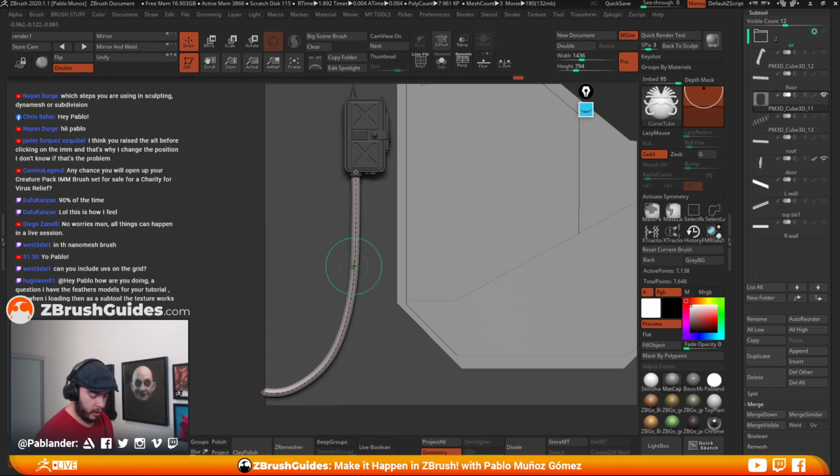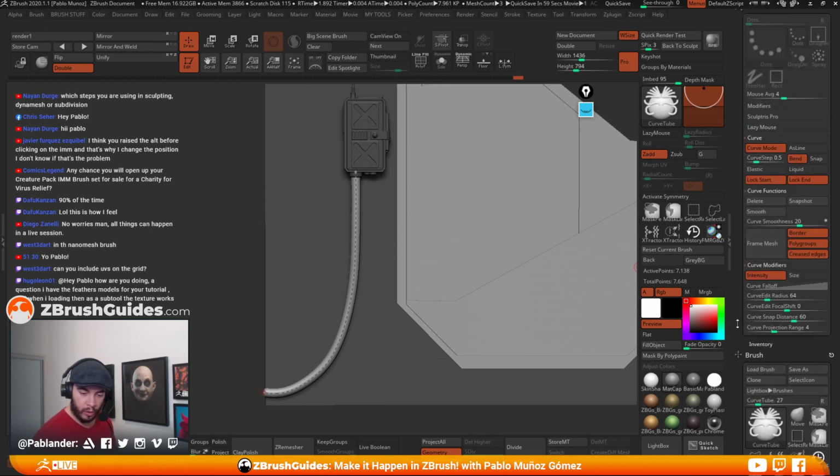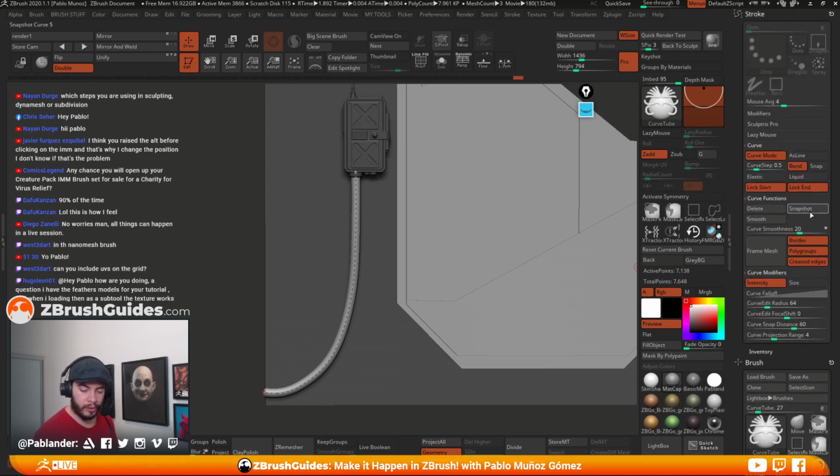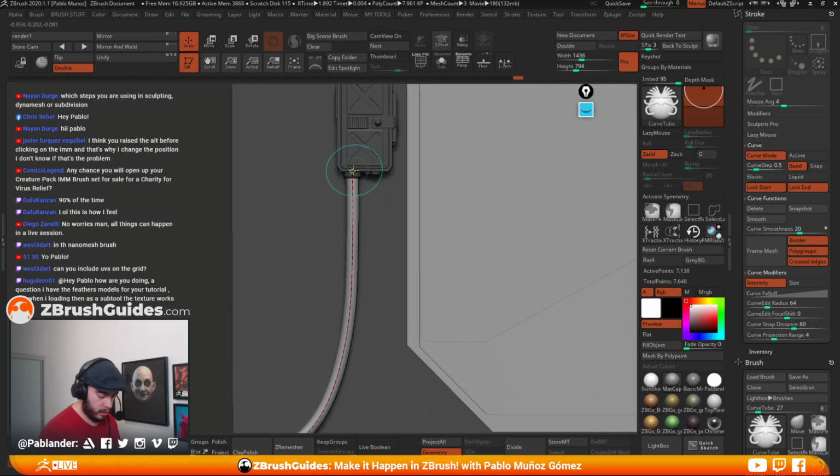Another thing that we can do at this point, if we want to reuse this and we don't have to draw it again, a very simple thing we can do is go to the stroke palette and click on a snapshot. Snapshot is going to drop the tube that we created already in the canvas, but it's not going to delete that curve that we have. So if I click snapshot, I already have that mesh kind of locked in, and I can take this curve really,